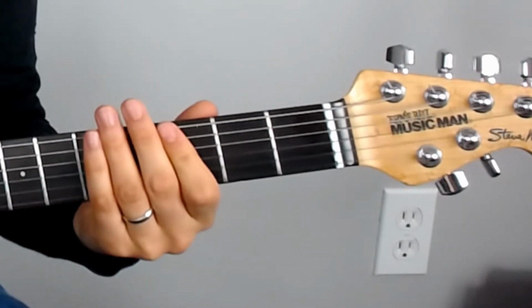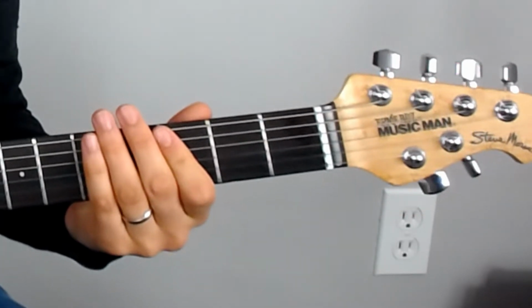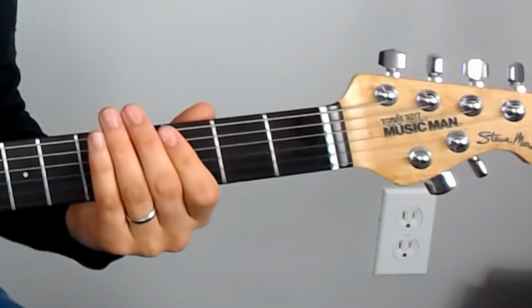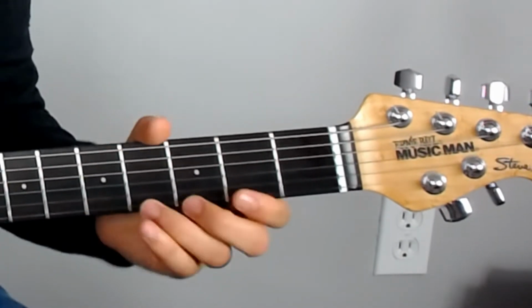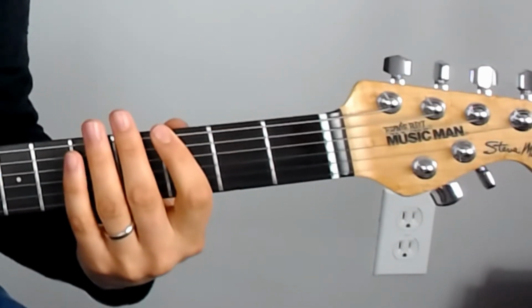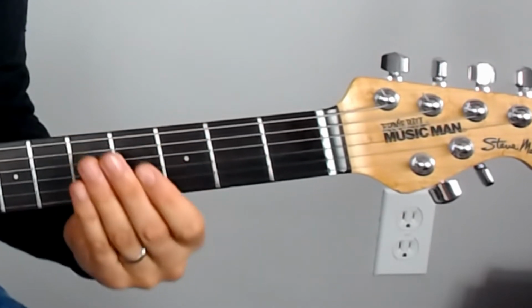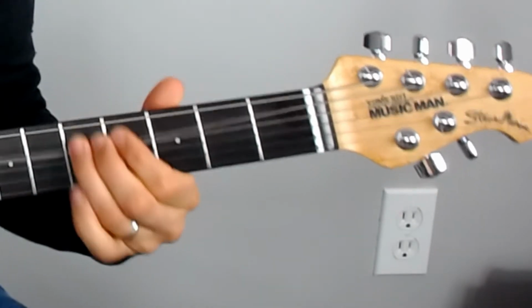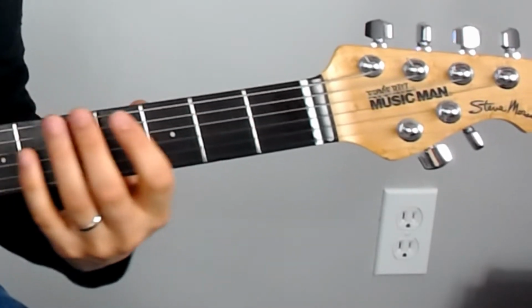Now, I mentioned at the beginning about a couple of different fingering possibilities. The one that I just played is probably the one that I use the most, because when I play out of this position, I spend a lot of time in this little box here and this box here. And for those ones, I really like to use the 1st finger and 3rd finger if I can. It really sets it up well if I want to do a bend, or if I want to slide into the next position,